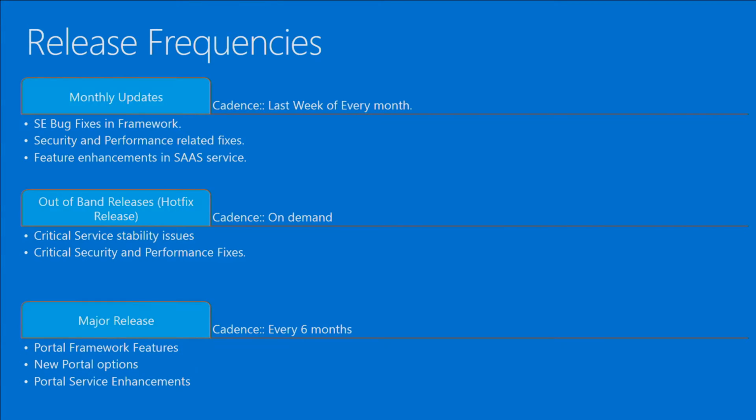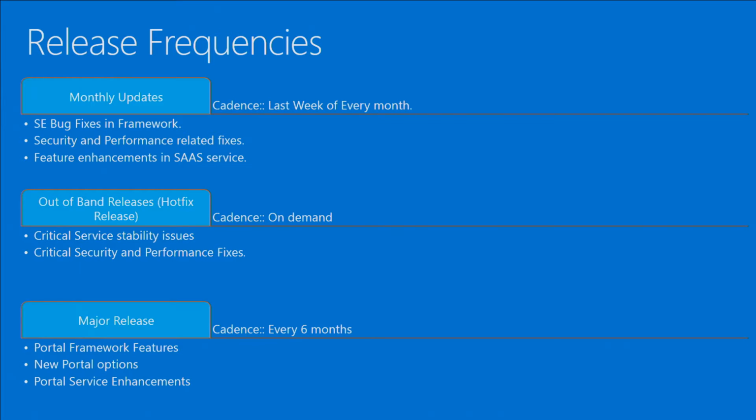We do three things. We have monthly updates, where whenever a customer finds a bug in the portal, they call support, and they log a bug for you. Those are the releases where we fix those bugs. These monthly releases happen almost every last week of a month, and they come with customer bug fixes, performance and security enhancements, and we have a whole service part of this portal, and we ship features for that service as well.